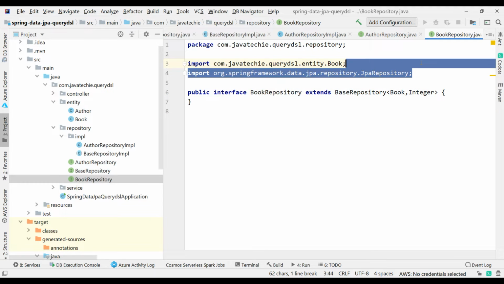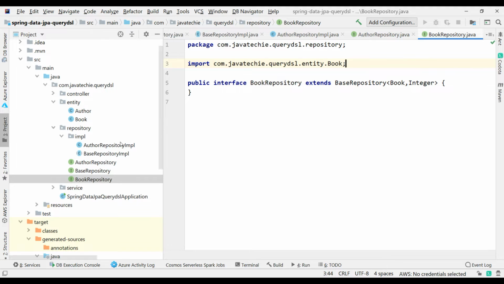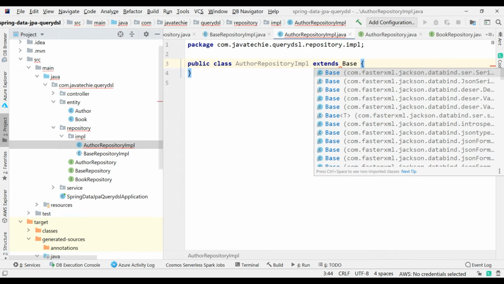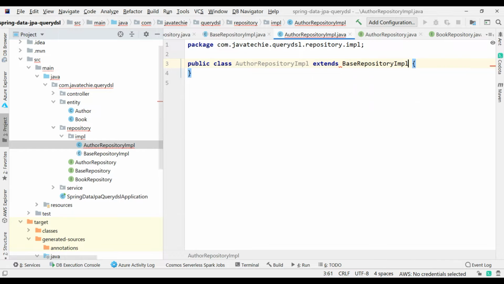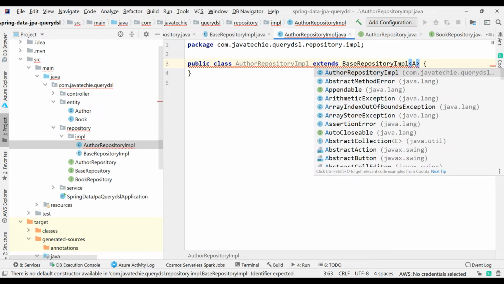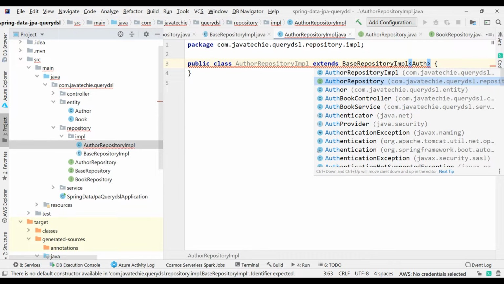So just remove this. Now go to your author repository IMPL. In this author repository IMPL, just extend this class from base repository IMPL. Okay, that's the reason we made it abstract, right? So just pass the type generic, or you can directly provide author, because this is specific to the implementation, right? This is specific to the author repo.